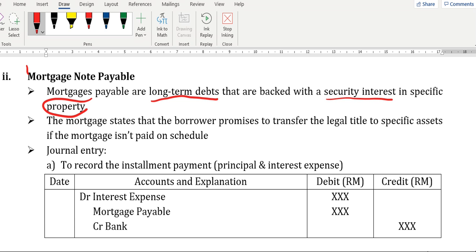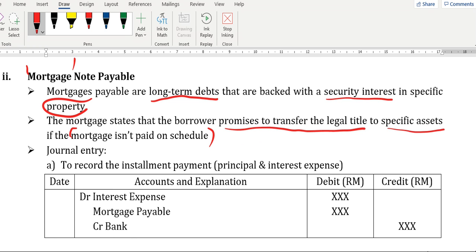So mortgage is actually gadai janji, right? Gadai janji means you need to collateral something, specifically your property, so that if you are not able to pay for the debts, the financing company or the bank will take over your properties. The mortgage states that the borrower promises to transfer the legal title to a specific asset if the mortgage isn't paid on schedule. So kalau kita gagal bayar, bank ataupun syarikat kewangan akan tarik aset yang kita letak